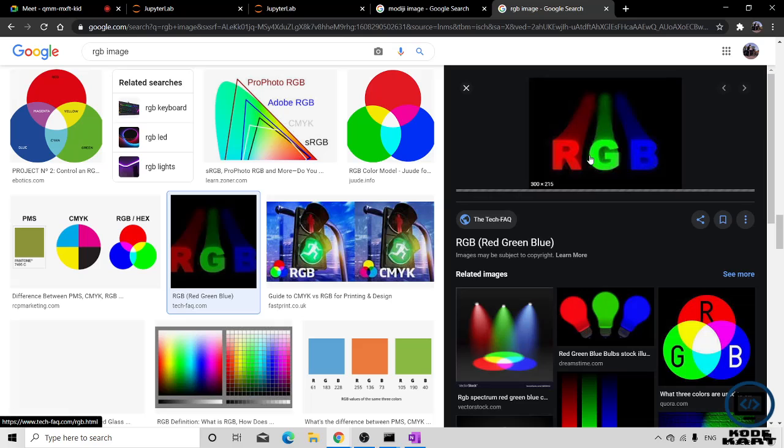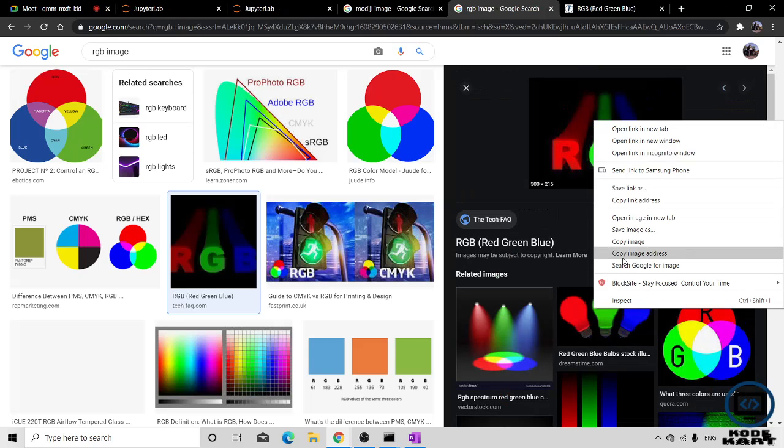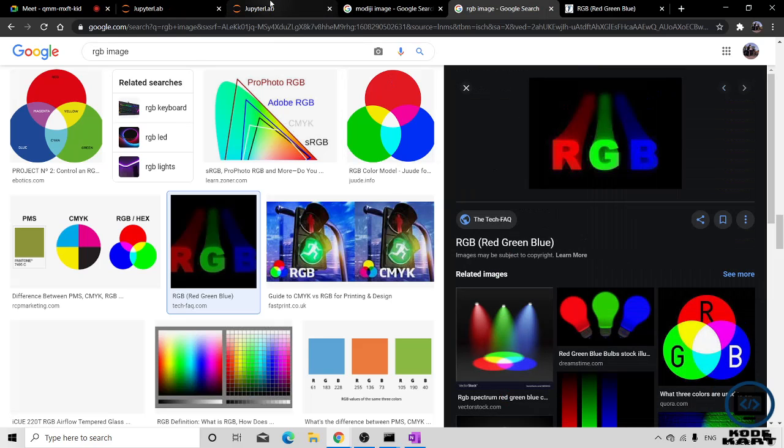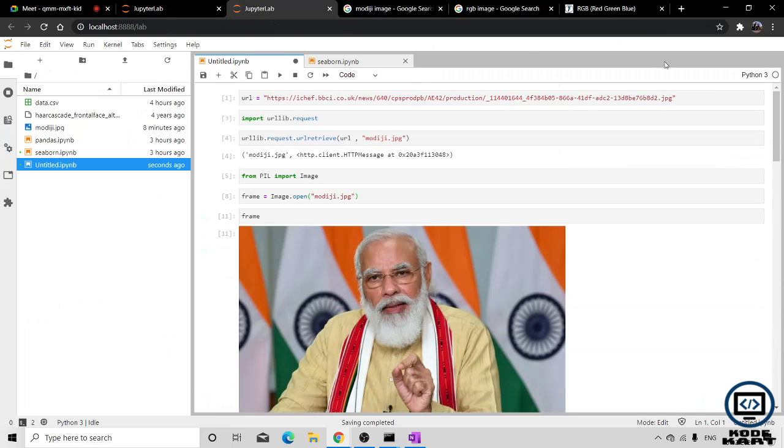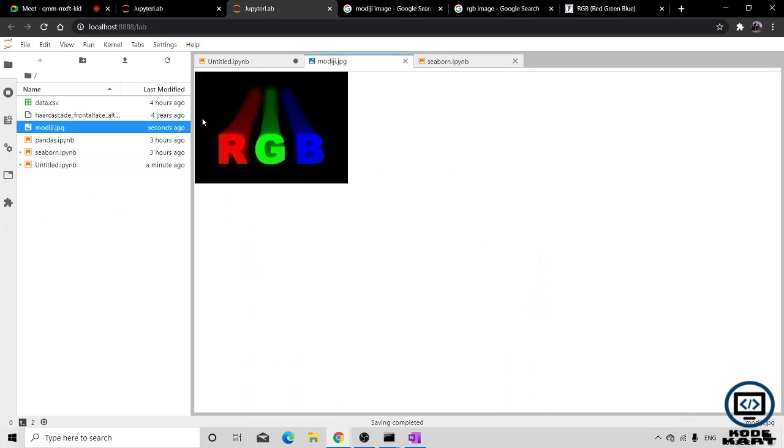I want a URL of this image, and now I'm changing the URL. So now you can see that this RGB image is the Modi ji image.